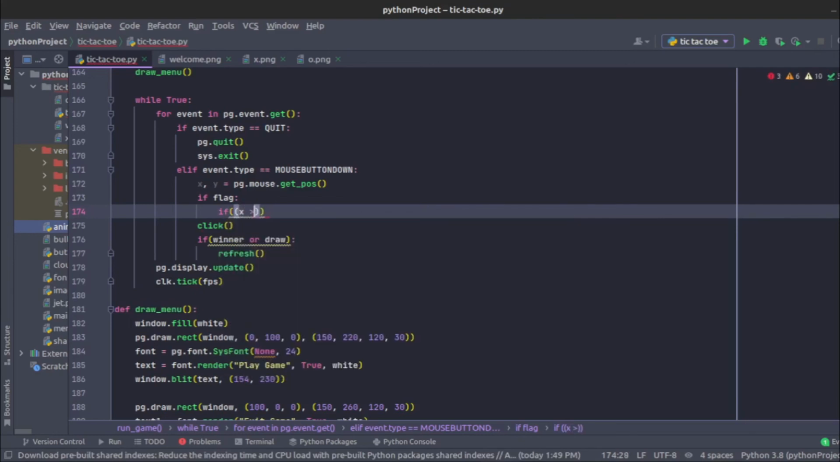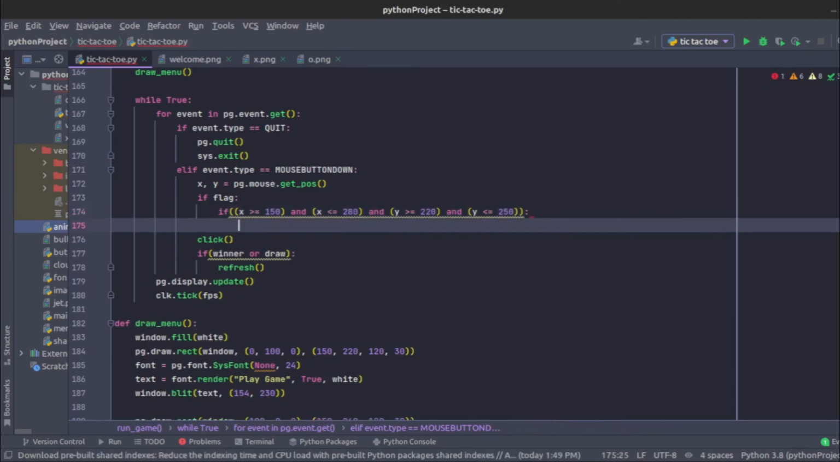greater or equal than 150 and also the x is less or equal, let me put this inside parentheses, x is less or equal to 280, and also the y is greater or equal than 220, and the y is less or equal than 250. So these are just the boundaries of the button. If this is true, then we're just going to print,